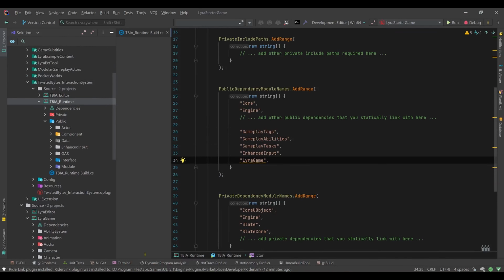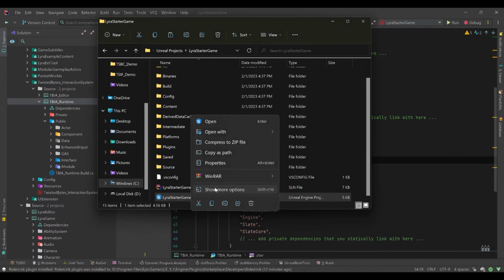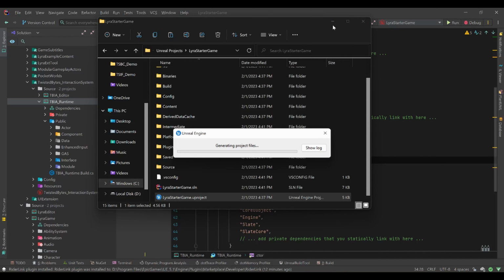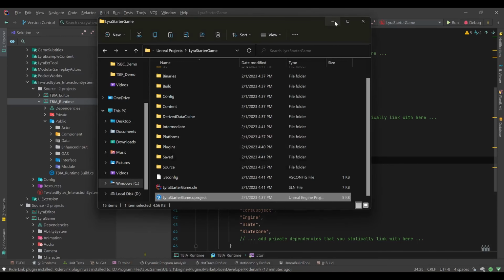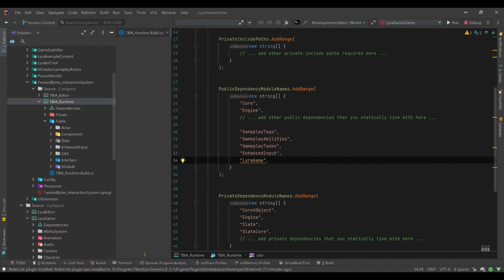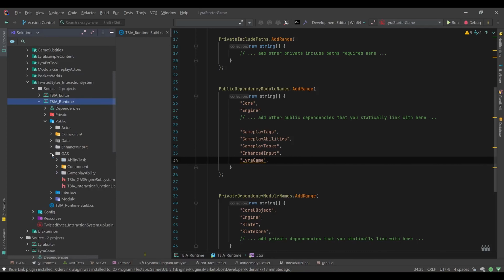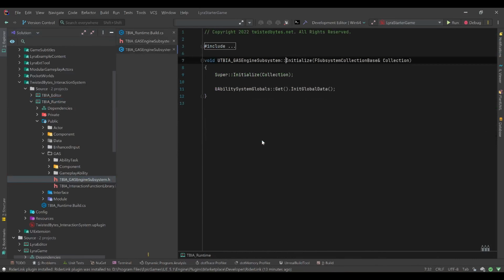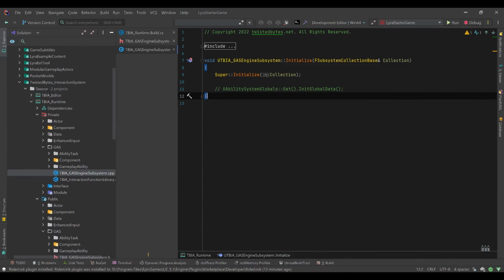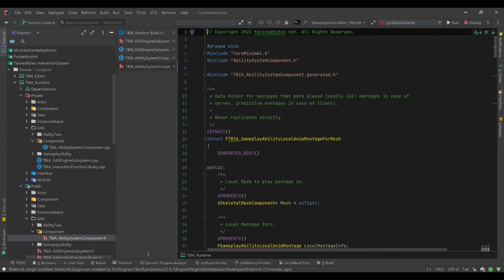And now after we added Lyra game, we need to regenerate project files and let it finish. And now it finished, and we generated project files. Then we need to go under gas engine subsystem. We are going to comment this one. We are going to initialize gameplay ability system inside Lyra, and we are not going to rely on TBIA to initialize the GAS system. And we go into the component,